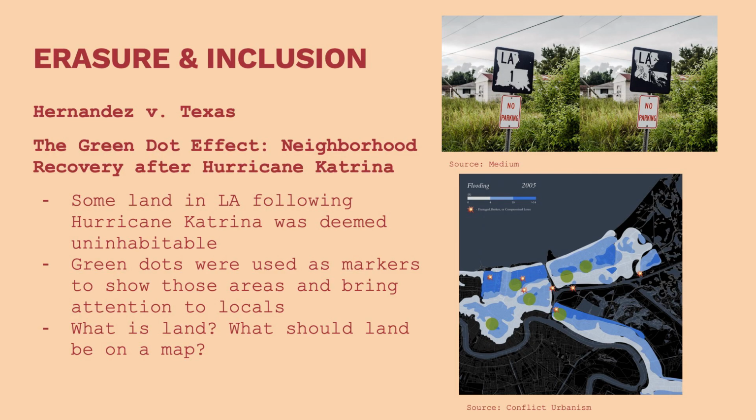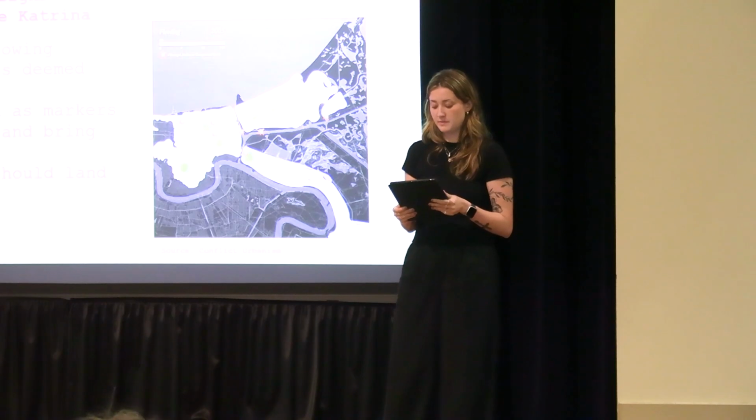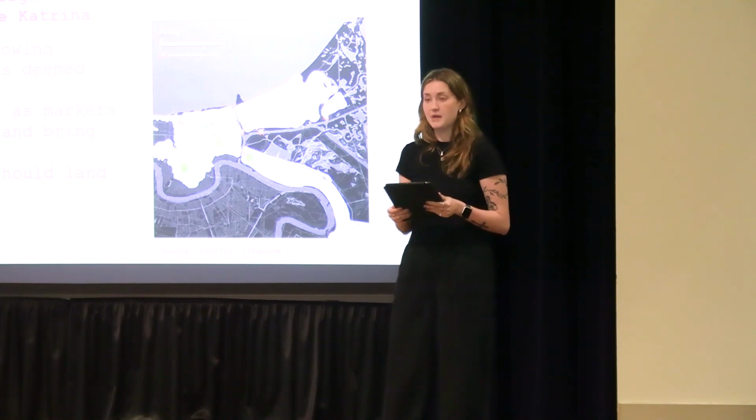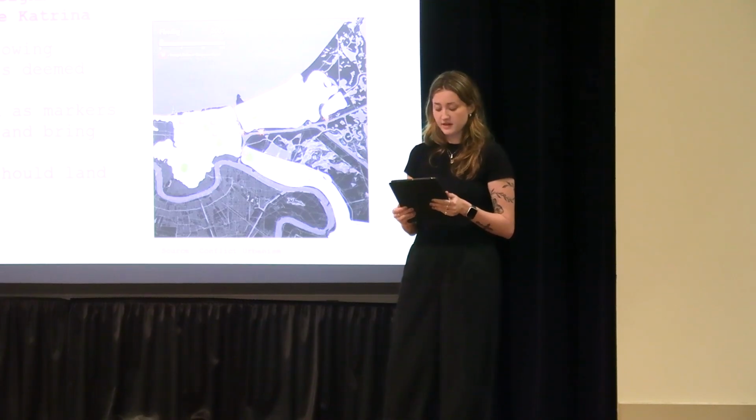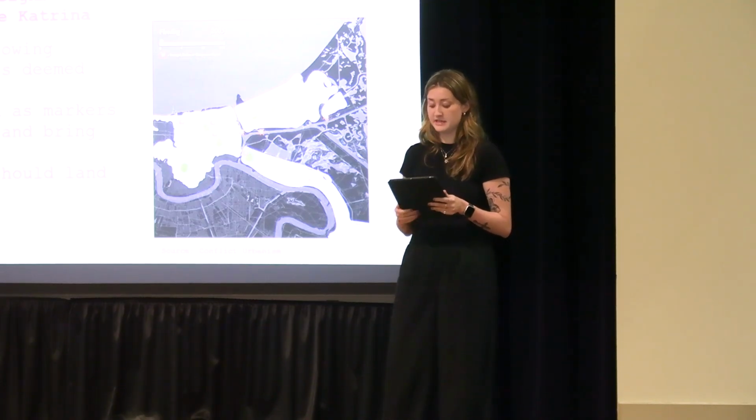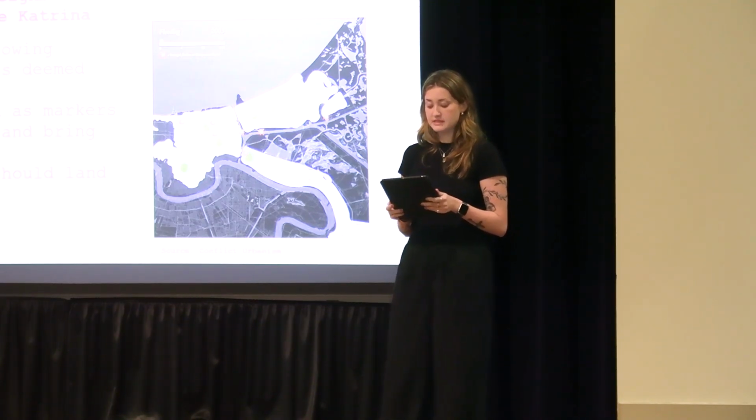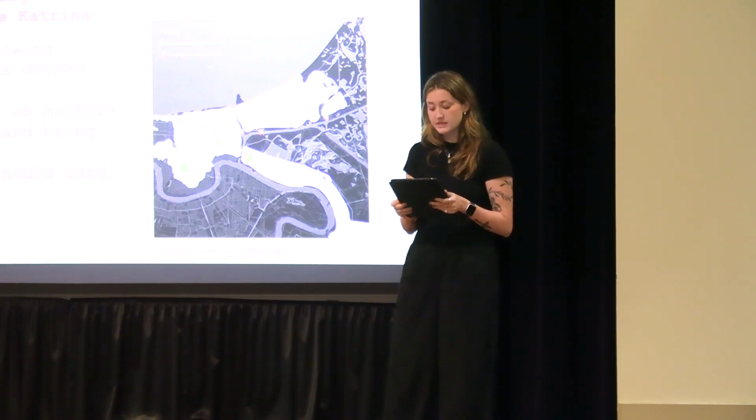With Hernandez versus Texas, erasure looked like the literal non-existence of a group of people within legal documentation. When systems fail to represent people accurately, whether it's through maps or legal categories, those people are effectively erased. That erasure was reflected in the jury that Pete Hernandez was given, but also within general census information, something that was obviously existing at large, it just wasn't represented yet. But what if something that was once represented might no longer exist, taking up space that isn't there anymore? What do you do then?